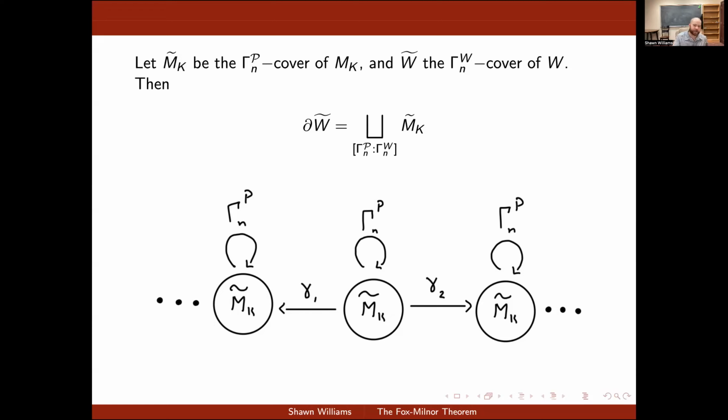If I act on it by an element that's not in gamma_nP, what it's going to do is permute the path components as well as act on them in the gamma_nP style. So this gives us maybe our first insight into how we can pull this factorization back, because all the meaningful action that we see here appears to